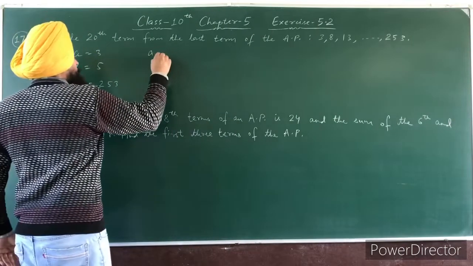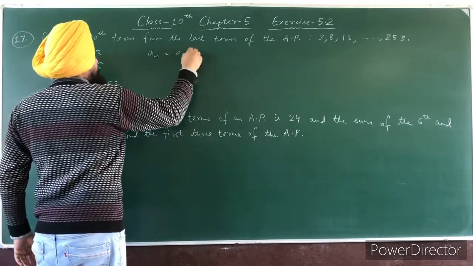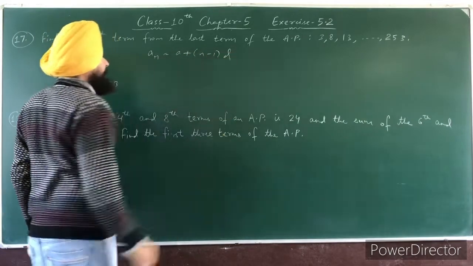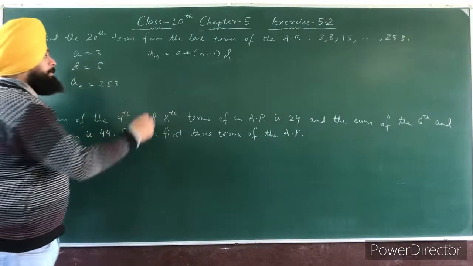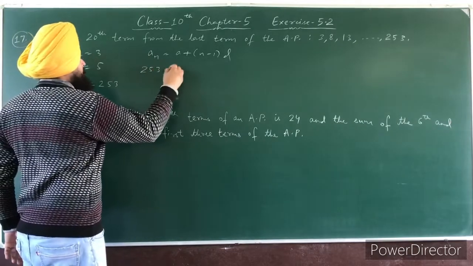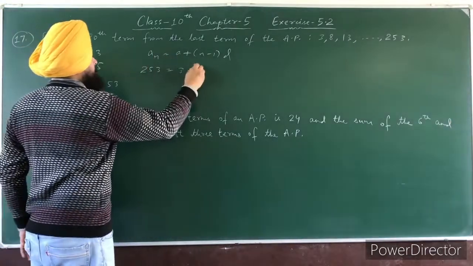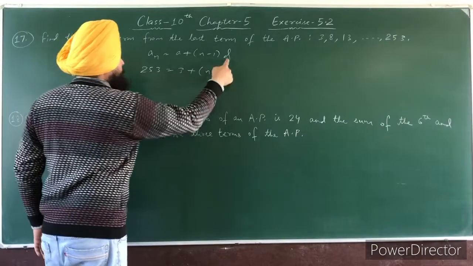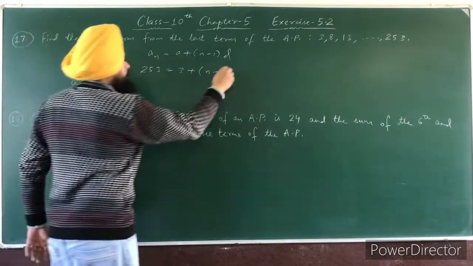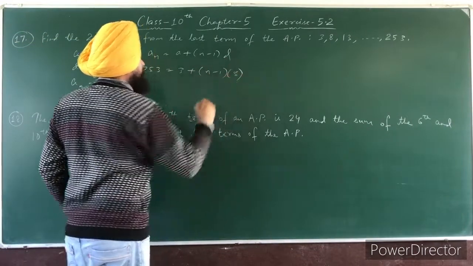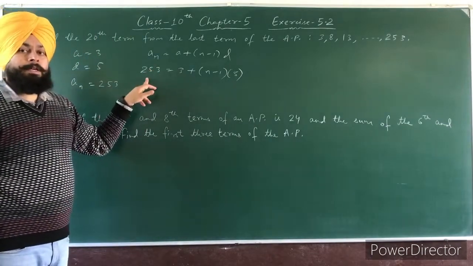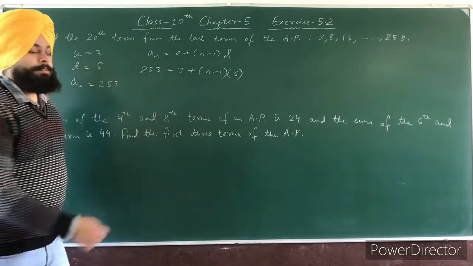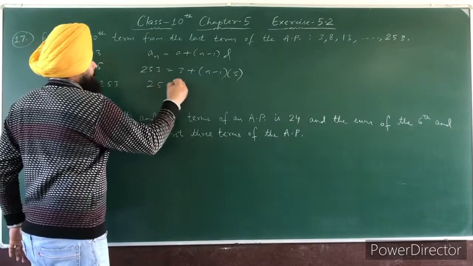So first put the formula for AN. It is A plus (N minus 1) into D. Now what is AN? AN is 253. A is 3 plus (N minus 1) into D. D is how much? 5. Now first take this 3 on the left side. It is subtracted from 253. So 253 minus 3 is 250, is equal to